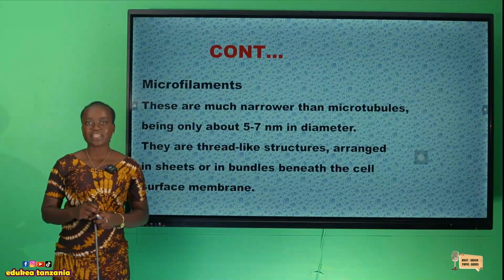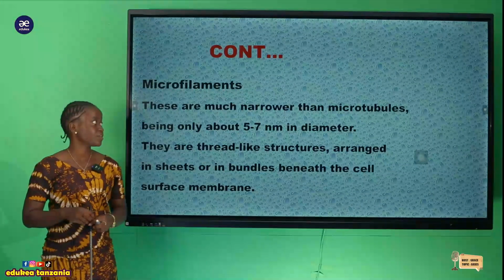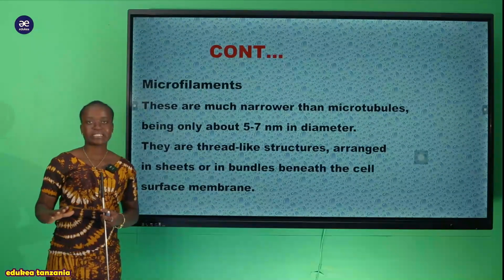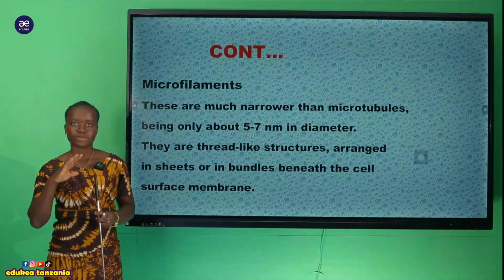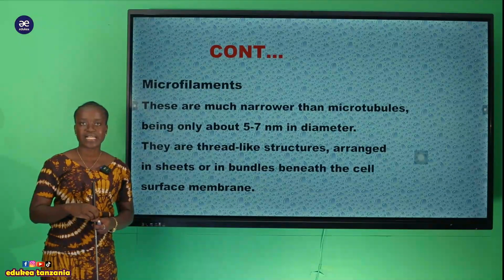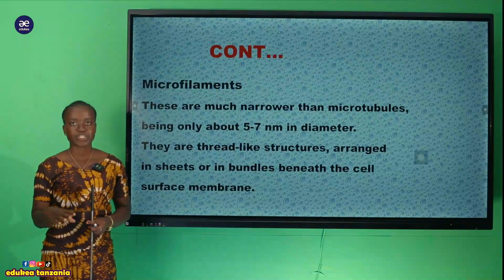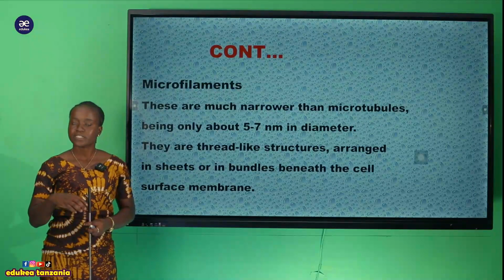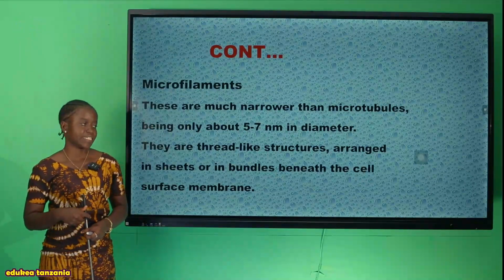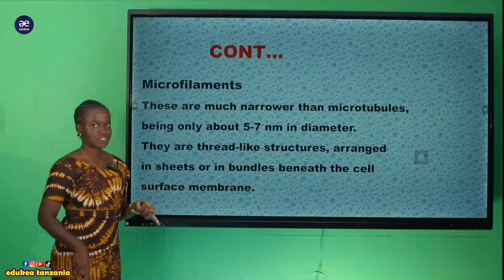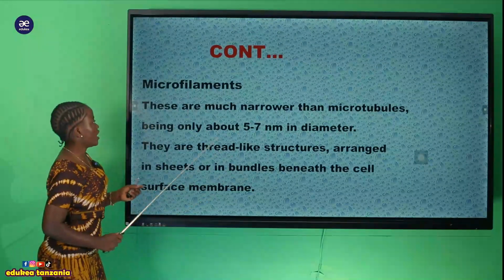Looking at another kind of cytoskeleton, and this is microfilament. Remember, we have already completed discussing the first kind of cytoskeleton, that is microtubules. So now it's just a continuation on the discussion of cytoskeleton, and here we have microfilaments. So what is it? Microfilament,